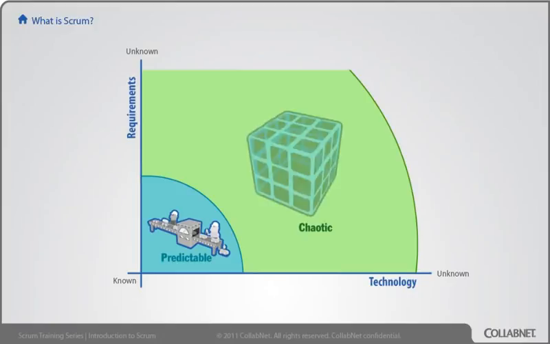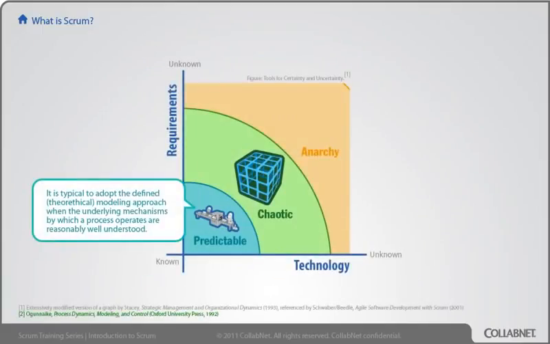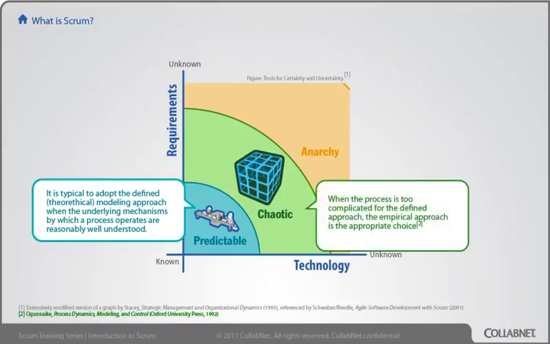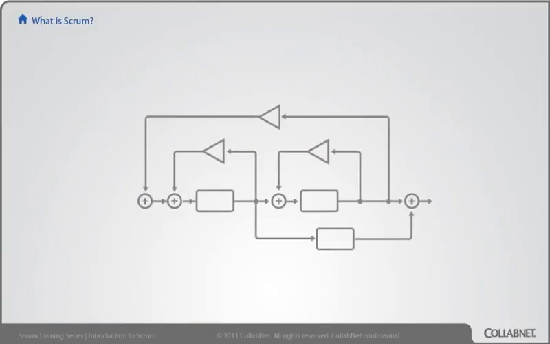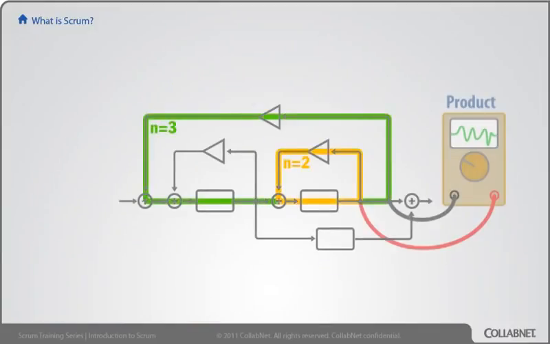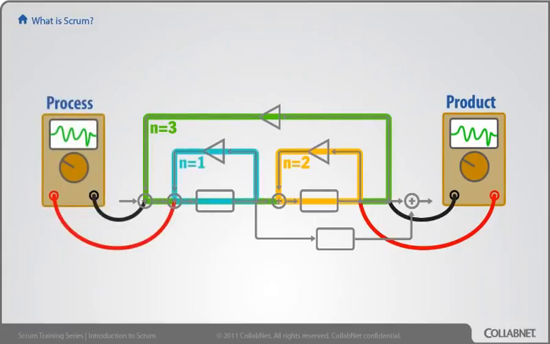A transparent framework imposing time boxes and feedback loops can help us master uncertainty. Only learning organizations will be able to keep up with the future. Scrum is a framework for learning about work and the processes we use to do it. It's an attempt to put chaos in a box, making the most of uncertainty. While it's mostly been used for developing new software products, it may be useful for other kinds of complex work. Scrum introduces feedback loops, encouraging us to inspect and adapt the product that we're building and the processes we're using to build that product.